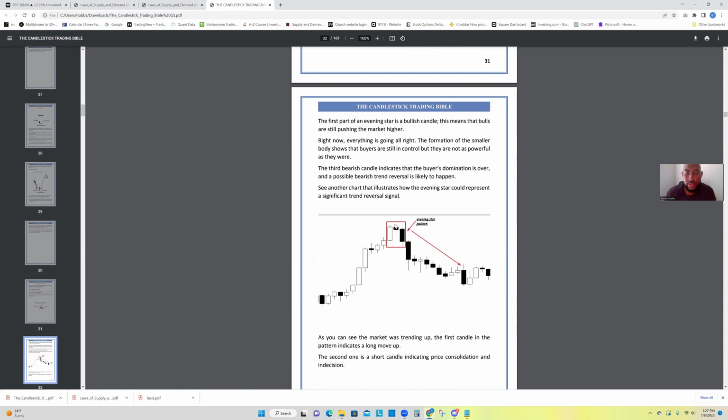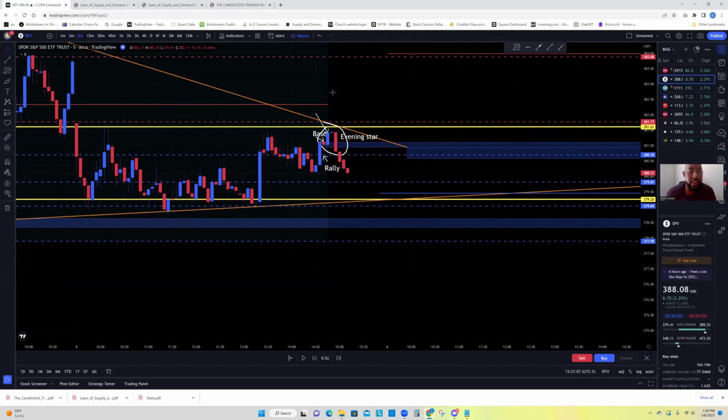The evening star, and it's just what we got. We got a rally base rallied up right into an evening star, and then it came down. Same thing like we see right here. Same exact example, right? But in real time. So if we keep going,